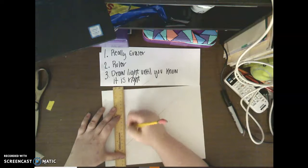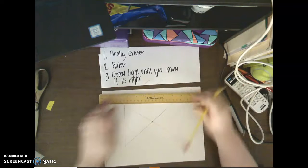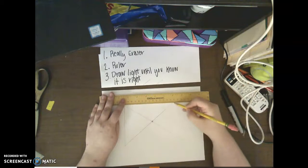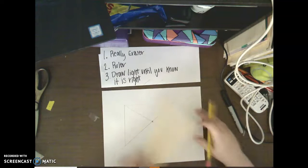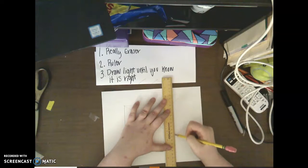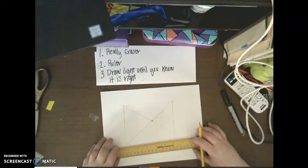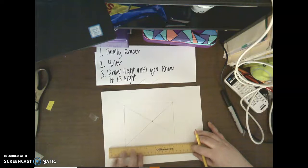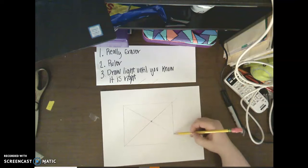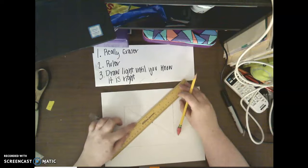Now when I do this, this is the corner of the walls. So this would be the left corner of the walls. This line here is going to be the ceiling of the walls, right? And I'm drawing light until I know it's right, okay? And then this here is going to be the right corner of my walls, okay? And then this here is going to be my floor. Now, see what I mean by draw light until you get it right? See, this here isn't touching this here. So I need to come back here, make this diagonal line longer,